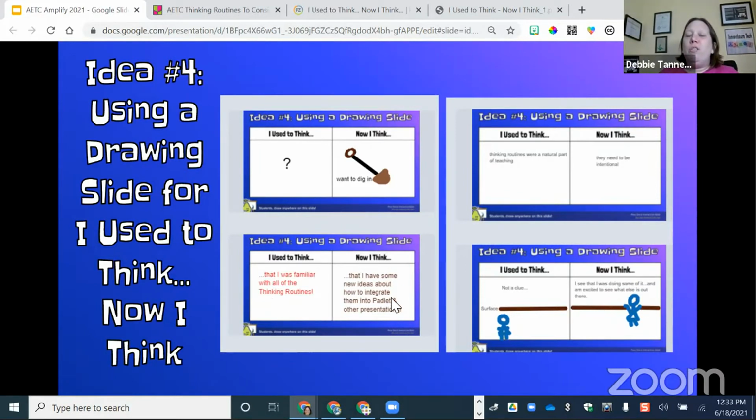This person chose just to use text. And yes, if you're just choosing to use text, you probably could use almost any tool. However, this person didn't. This person put a question mark, and then they put words and wrote that they wanted to dig in. I love that one, the intentional combination of text and drawing. And in a drawing slide, once you add that Pear Deck extension, you can turn any slide, and you'll notice, like I said earlier, these are just tables, any slide into a drawing slide for your students.